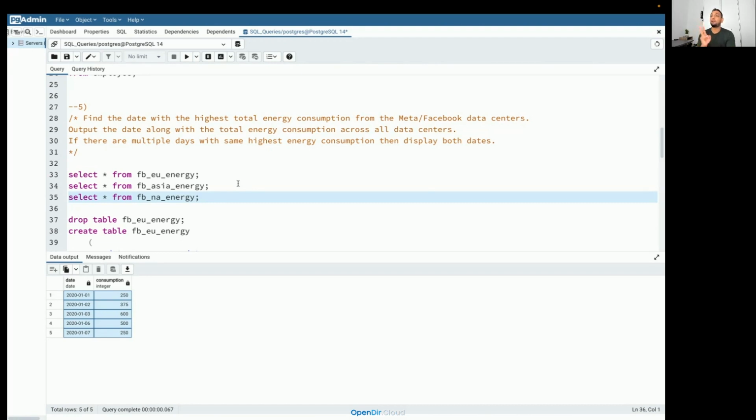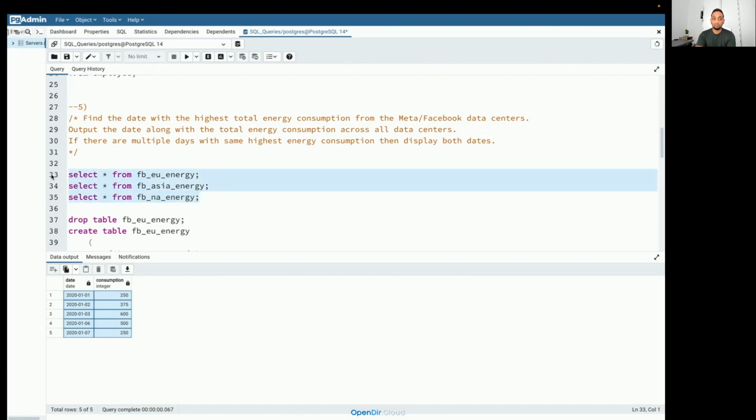Okay, can you tell me what are the two main concepts in SQL that I will need to use in order to solve this problem? Just by reading this problem and just by looking at this data, you should get an idea what are the two main concepts that you need to use. Okay, can anyone answer?